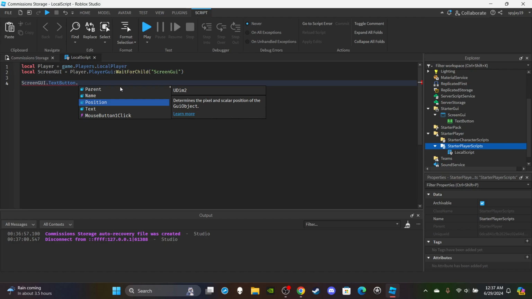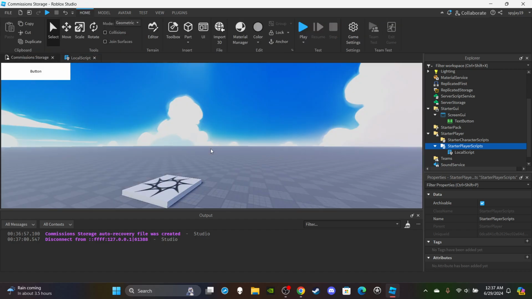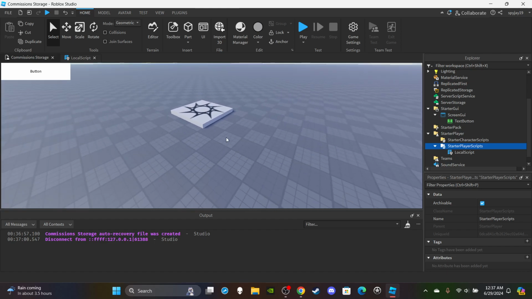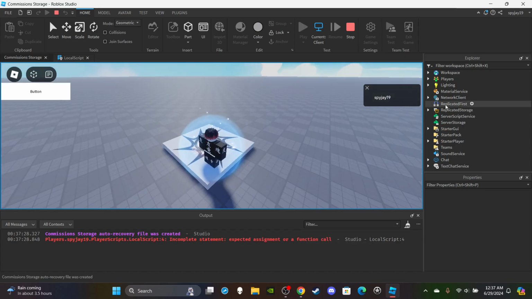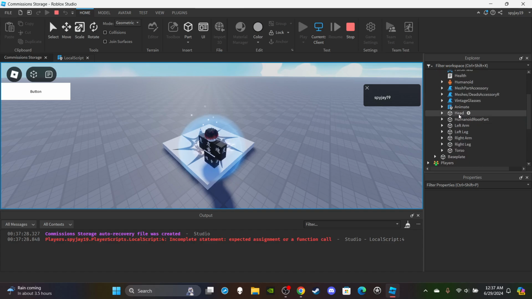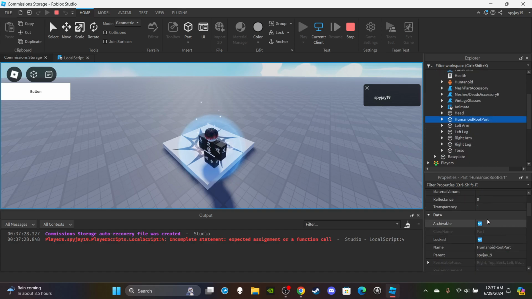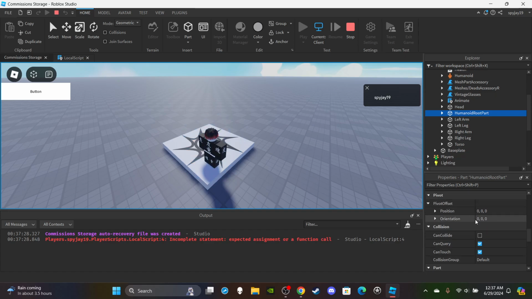This is a UDim2. If you don't understand what that means, it's pretty much just a position. I think the best way to put it is a position on the player's screen. It's different than a position on the ground, right? Like when a player is walking, let me show y'all. If I press play, right, and if I find, let's say, my humanoid, I don't know why I'm R6, but anyway, if I go to my humanoid root part, right, and